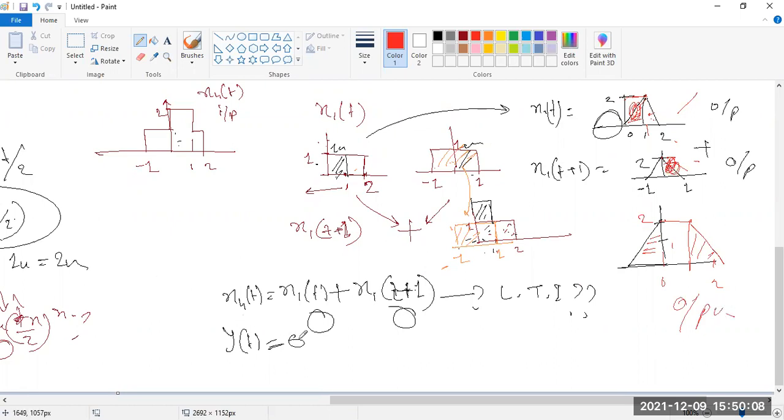And guys, could you understand this thing? So this is the beauty of signals and systems. If you initially understand, then the total signals and systems subject becomes easy for you. Otherwise, it will become a boring paper. Okay,